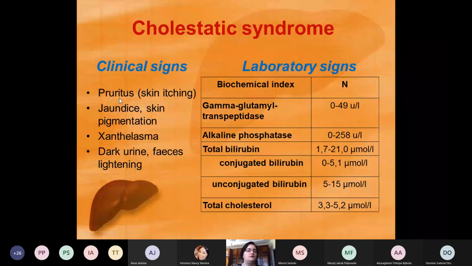Cholestatic syndrome, clinical signs. What will be cholestatic? It means that all this bilirubin, all these bile pigments will stay in the skin, in our connective tissue, and that's why it will lead to such cholestatic problems like pruritus, skin itching, jaundice. Yes, it's exactly due to the cholestatic syndrome: skin pigmentation, xanthelasma, yellow plaques on skin, not big, but we can even see by eye. Dark urine, feces lightening. Why? Because